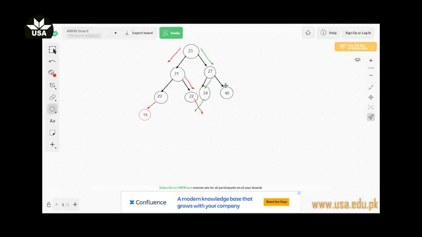The second case was a node with a single child, and the last case, a node with multiple or two children.